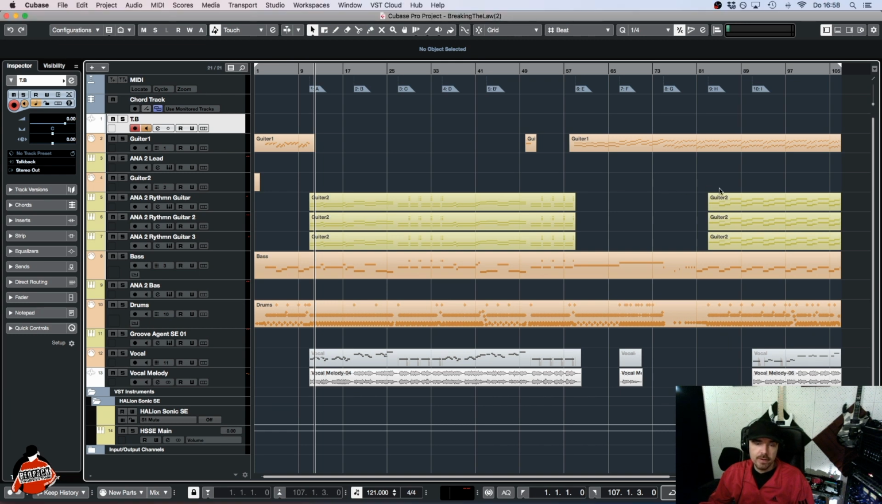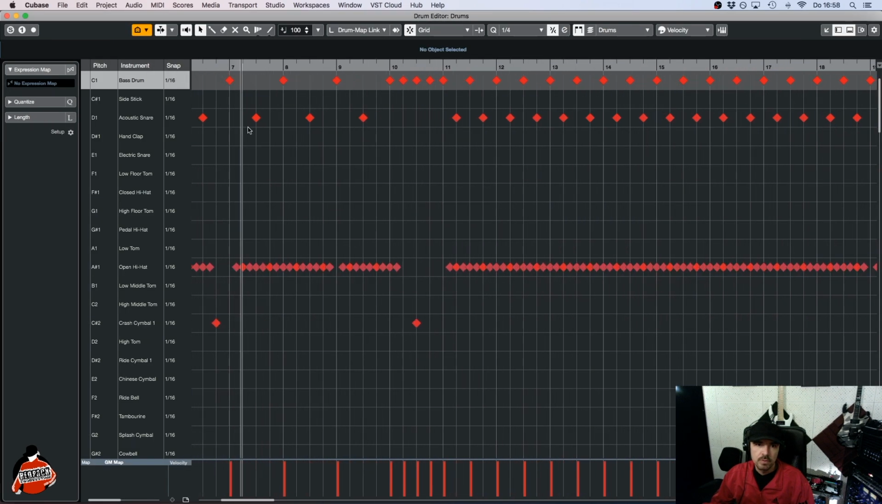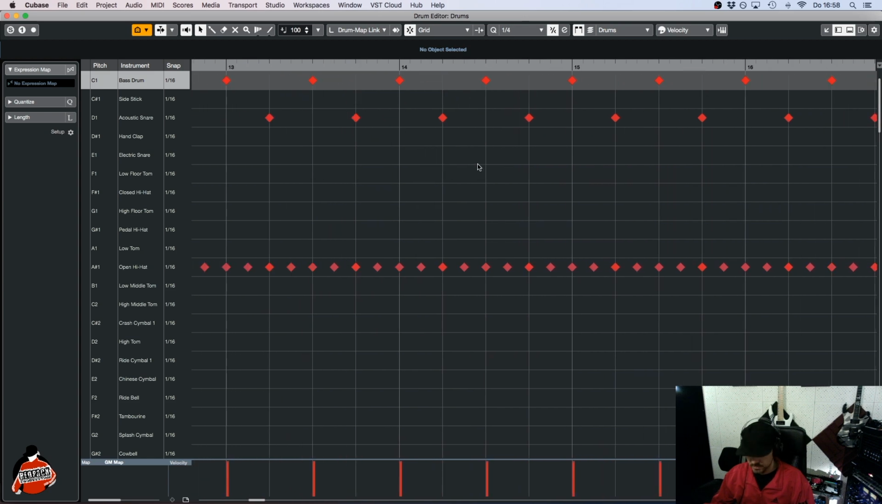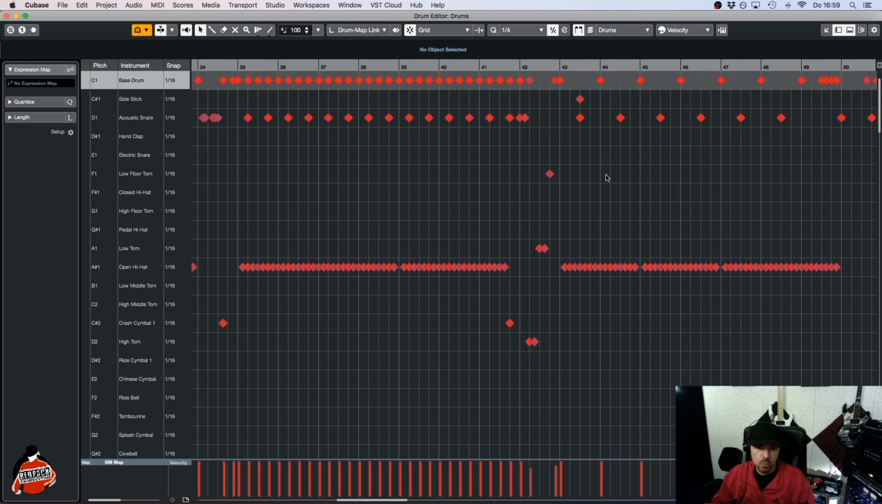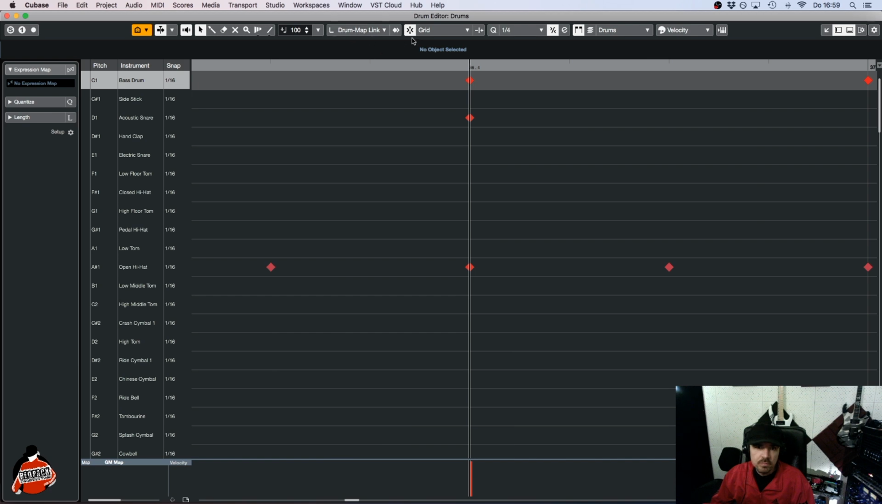So I'm working on a small cover project, and I thought I'd show you guys a quick tip to humanize quantized MIDI drums. As you can see, this is quantized to the grid, and yeah, that's cool. But if you don't want to get in there and put in the hours to manually give it